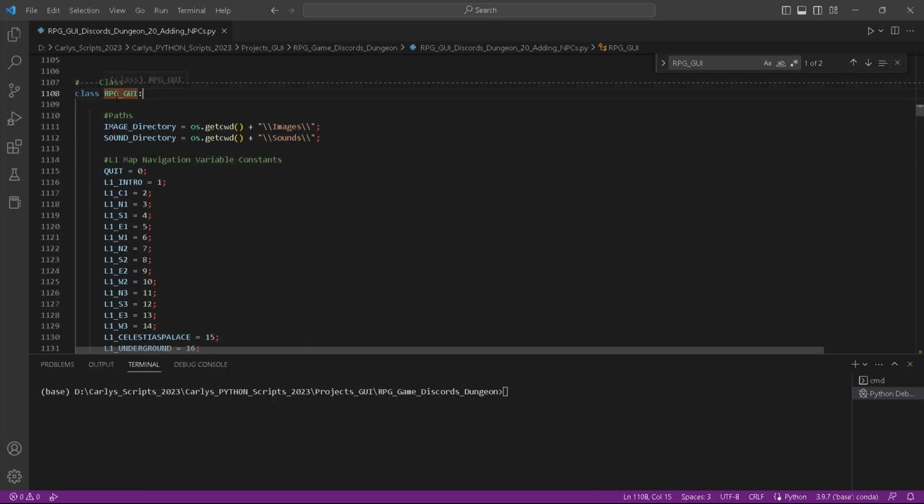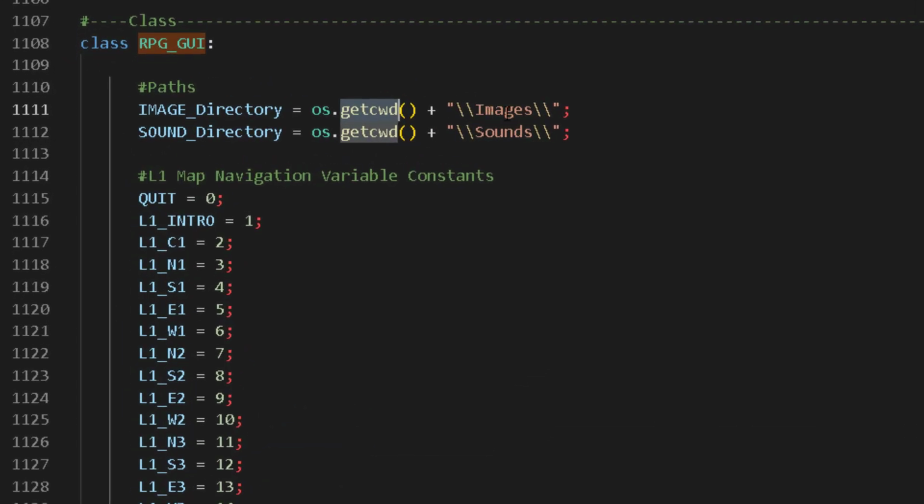So GUI points to this, and this is our blueprint for our class, okay? And we set up an image directory and a sound directory. And we use get current working directory to get the relative path to subdirectories for images and sounds for the game. And this just makes it relative to wherever the directory the script is running from. So it makes our code a little bit less breakable. It's certainly not unbreakable. There's a lot of ways to break this, but